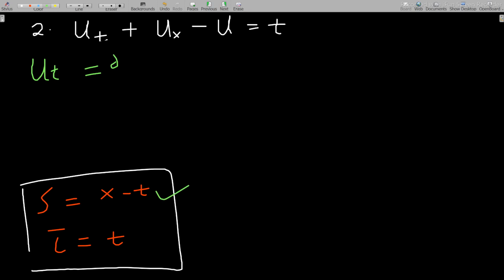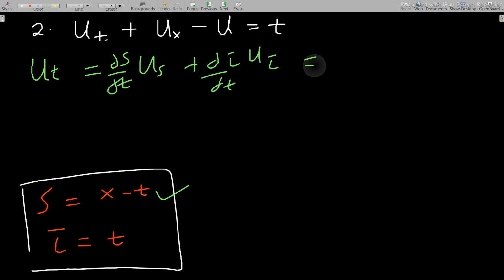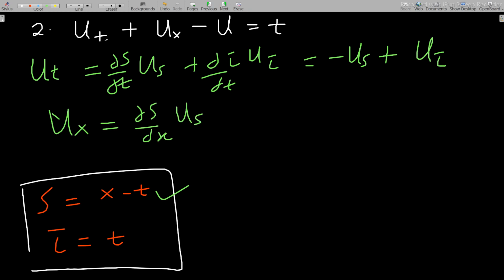So it's del s del t u_s plus del tau del t u_tau, and this should be equal to, del s del t is what? -1, then u_s, so minus u_s and plus u_tau, and u_x is also equal to del s del x u_s plus del tau del x u_tau. Now mostly this place is always 0, so we don't actually put it there. Okay, so this should be equal to